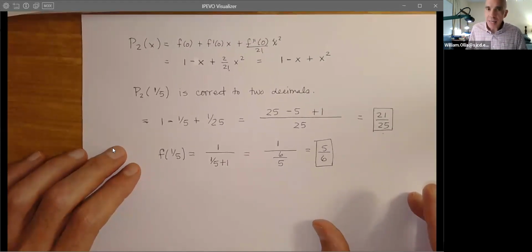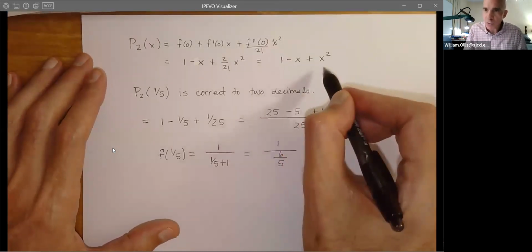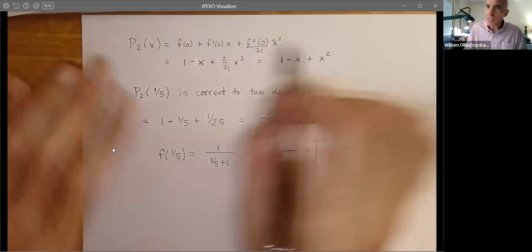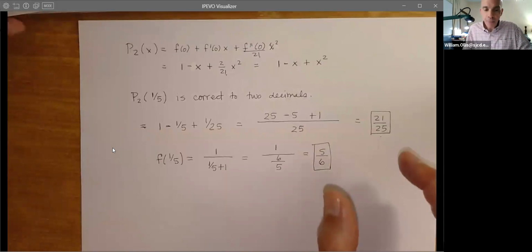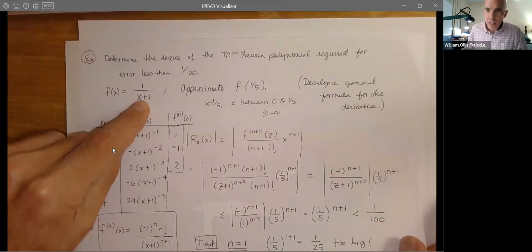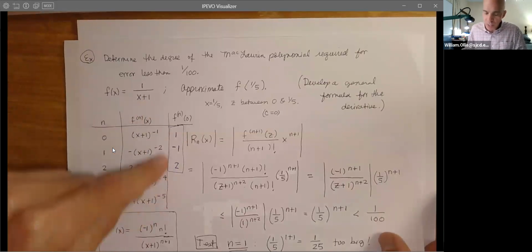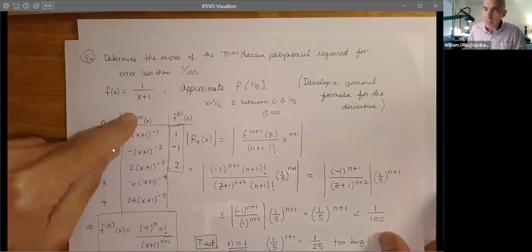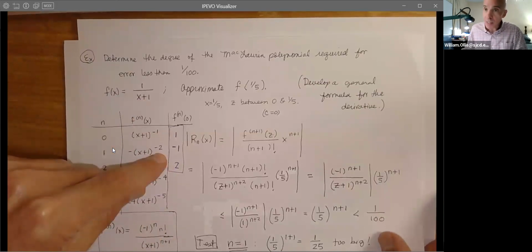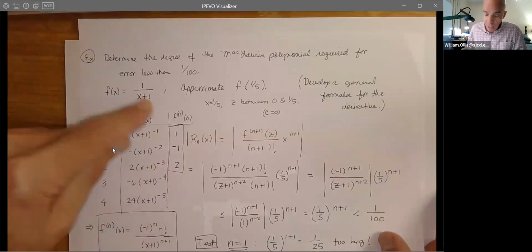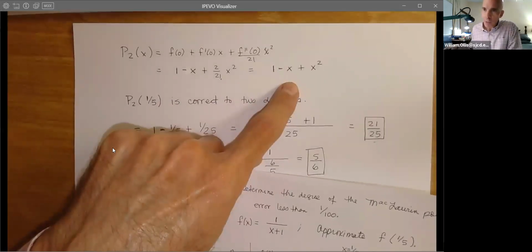So the idea is that what we're seeing here, you're saying, oh, wait a minute, Professor Ron, that's geometric. That's a geometric series. Well, that's not a surprise. The idea here is that we could construct this with the sum of the geometric series, but what I've told you is that every convergent power series is going to be its Taylor series. So if we did this a different way, it would still coincide with this. So we get something we expect, okay?